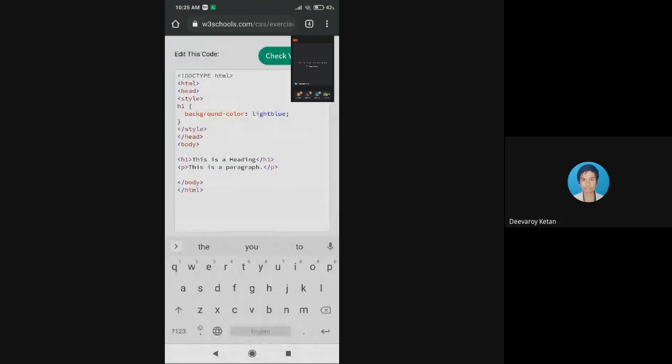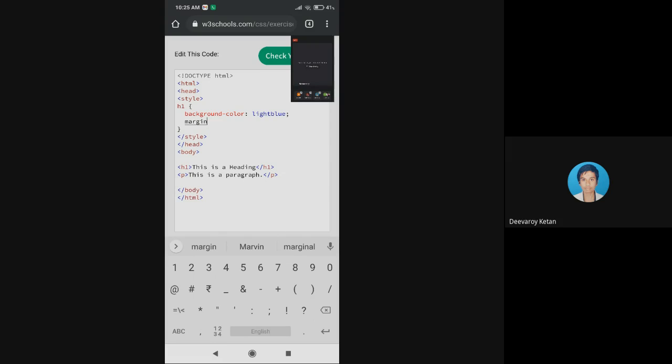So here if I write margin, and say 20, 22, 24, 25, 26 followed by pixel, then the first will be the left, second will be right, third will be top, fifth will be the bottom, in order to give the four different angles. If you don't give, then the first will be treated as all the directions.